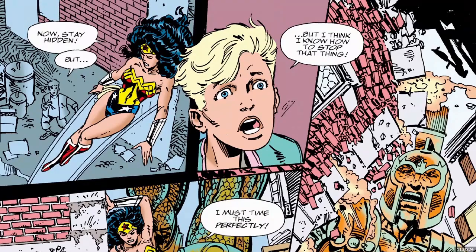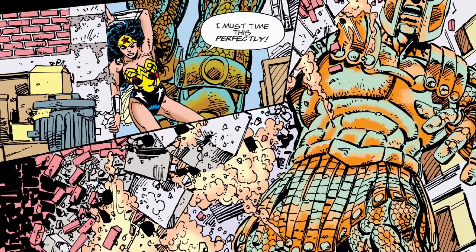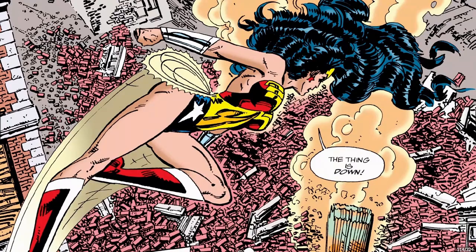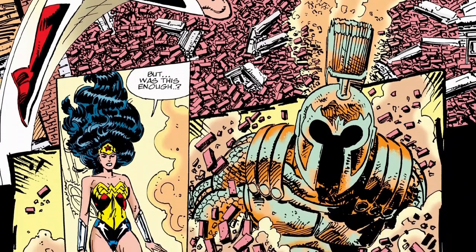I love the fact that I've always believed in comic books, you gotta have a little action with your drama. It can't be drama all the time. I do love, this is one of the things I like about the old school comic books, is they really did have action and adventure, everything, in 22 pages. So here's all this destruction. John Byrne has drawn a lot of destruction in these couple of issues, so